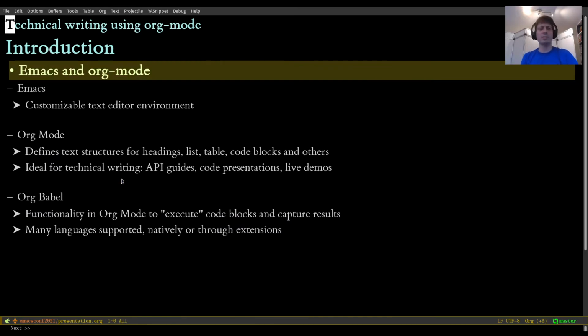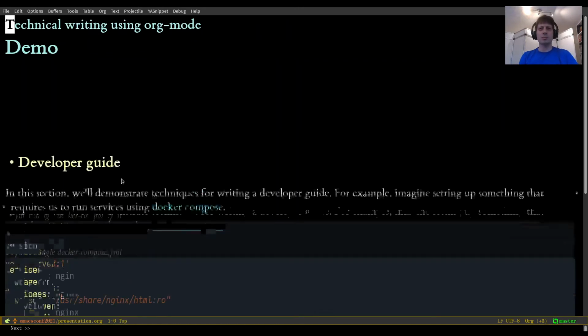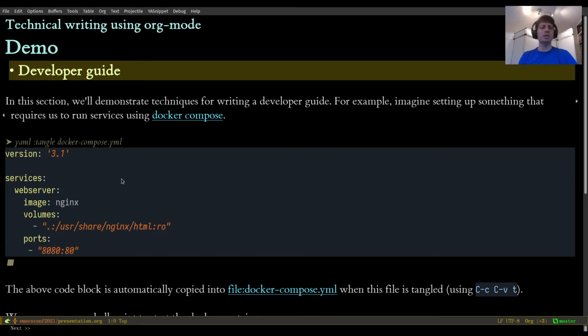A little refresher for people that might be viewing this out of context. Emacs is a very customizable text editor environment, and org mode is a part of Emacs that allows you to deal with structured text. So a plain text file containing headings, lists, tables, and even code blocks formatted in a particular way, so org mode can help out with that. And org babel is the particular part of org mode that deals with executing those code blocks and actually interacting with, say, a Java or a Python environment underneath and showing the results of that right inside the same org file.